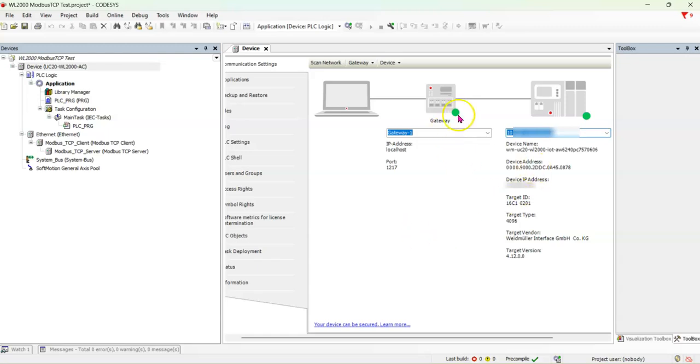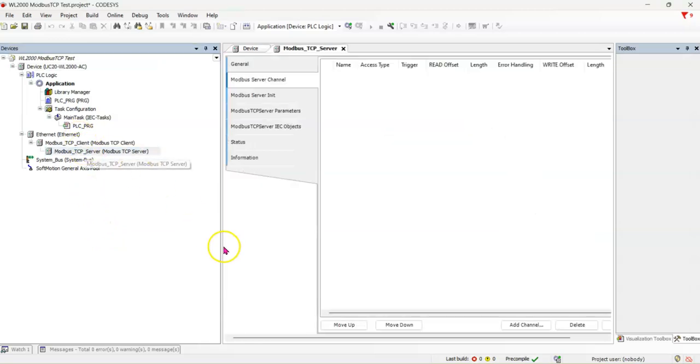There we go. Green lights on the gateway, green lights on the PLC, and it now says active connection. So what I'd suggest we do now is go into the Modbus TCP server, and in here you define what registers you want to communicate to in the slave or server device. So I'm using a Weidmuller UR20 Remote I/O system, so let me show you the mapping of the registers within